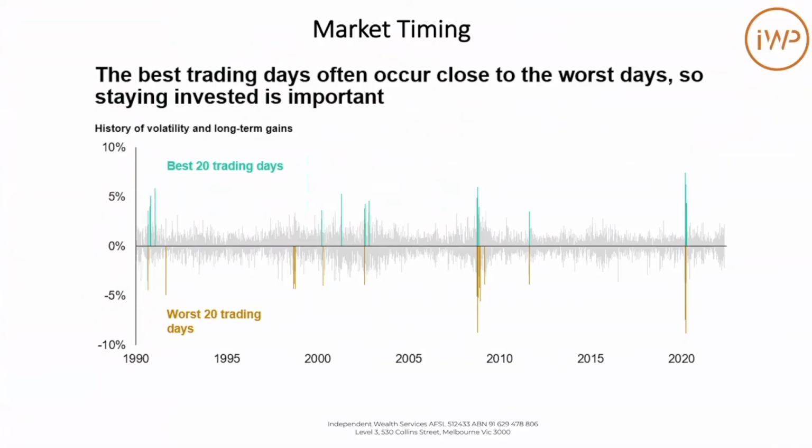And I suppose to that note, this is just around market timing. It's essentially telling us and telling clients, and this is history from 1990 onwards, that you just have to stay in the market. The best 20 trading days closely follow the worst 20 trading days, which is what you can see in these spikes here. So there's no panacea. I wish we were able to pick and time markets, but there's no Nostradamuses here.